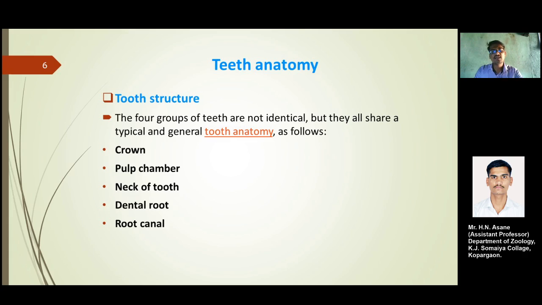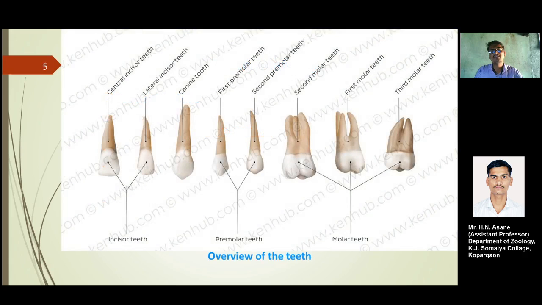But they share a typical and general tooth anatomy as follows. Their anatomy is the same, as the incisor teeth have anatomy like the canine tooth, and the canine tooth has anatomy like the premolars,